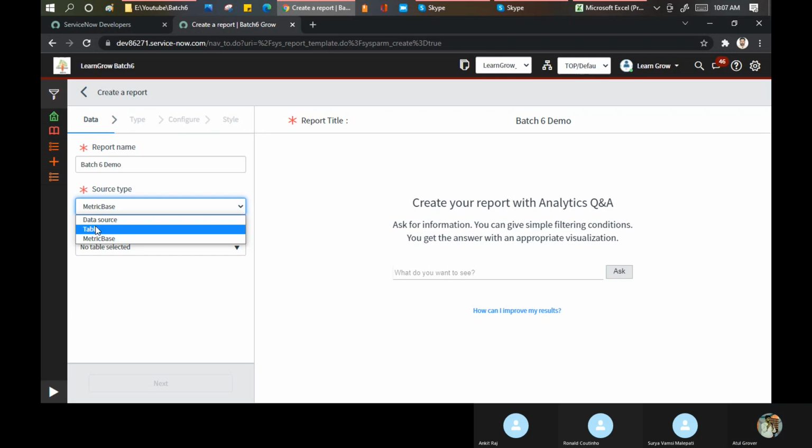Metric defines more precisely information, or probably more precise information when it comes to reports, I think. Ronald, what do you say? Metric base. I think what it's trying to see is that there may be some KPIs which are present, and using those KPIs, it will produce a report. Predefined KPIs. Okay, ठीक है.